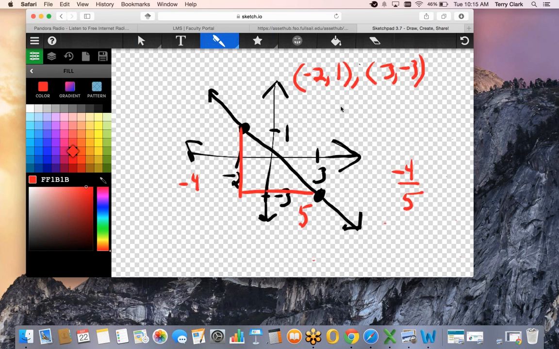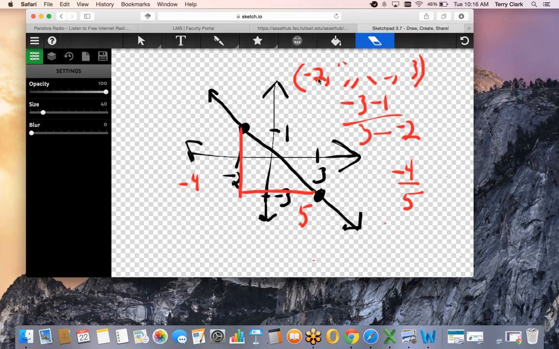So we've got -3 minus 1, and then we've got 3 minus -2. Okay, and then we can see how that is. If we put it in the calculator, we can see that it's going to come out to be -4 over 5. Okay, and I want to do one more thing with this just to prove a point,